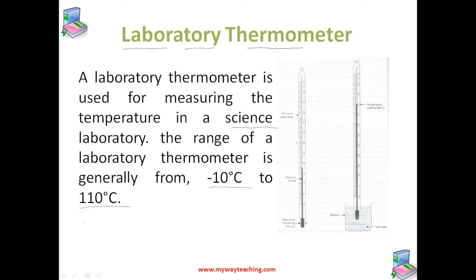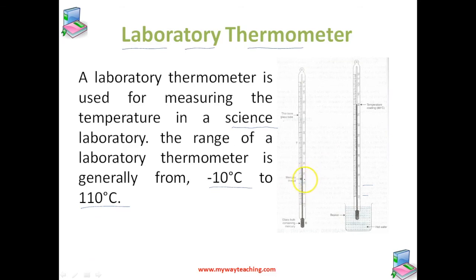If you look at the temperature markings of say 0 degrees Celsius and 10 degrees Celsius on the thermometer tube, then we will find that there are 10 small divisions in between them. You can see in this figure, between any 2 marked degrees Celsius, there are 10 small divisions. Since 10 small divisions on this laboratory thermometer tube represent a temperature of 10 degrees Celsius, one small division represents 1 degree Celsius.